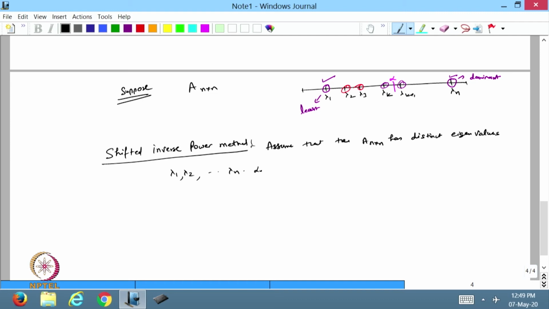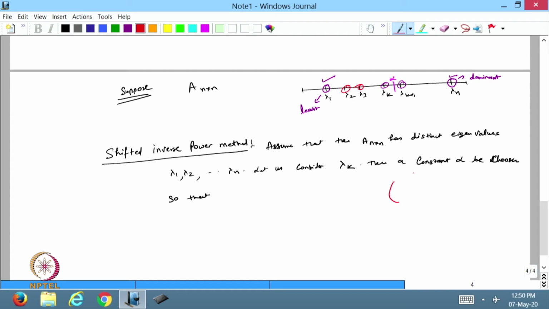Let us consider my lambda k, which I want to find. Then a constant alpha can be chosen so that,